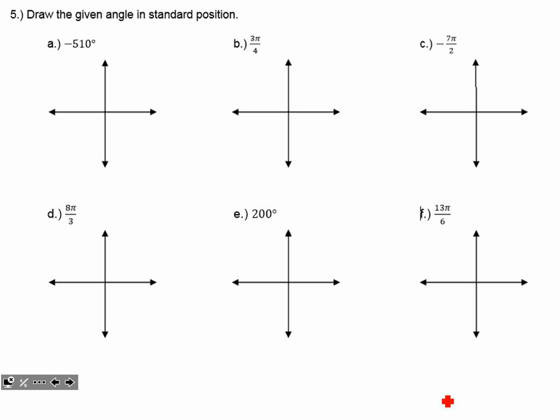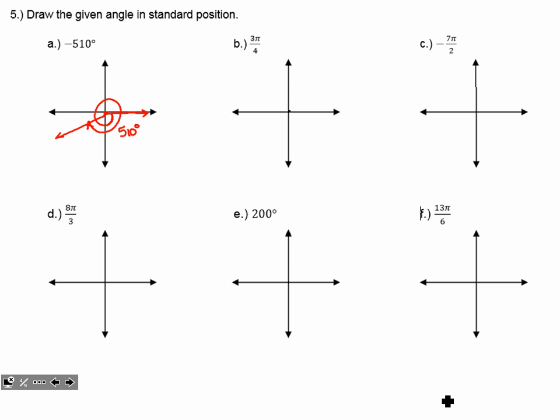So remember, each one of these angles is going to start on the positive x-axis for an initial side, and the direction that we are turning to place the terminal side in place is given by whether the angle is positive or negative. So in the case of letter A, it's a negative angle. I'm going to measure clockwise, move into a quadrant with negative values. So 510 degrees, well, 360 is a full circle. I need to go another 150 degrees to create negative 510. So there is my terminal side, and I'm just going to label that as 510 degrees, and my arrow of rotation showing us that it's negative.